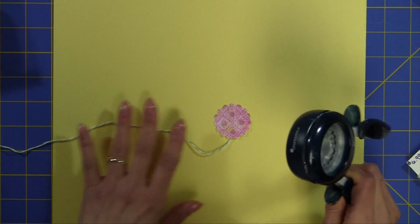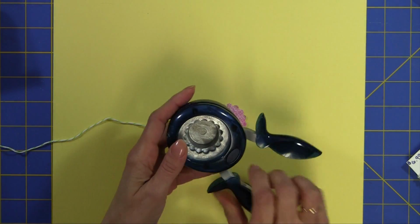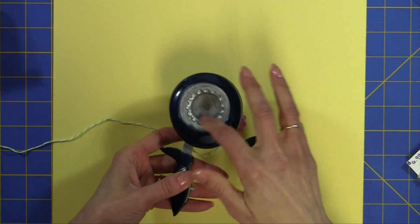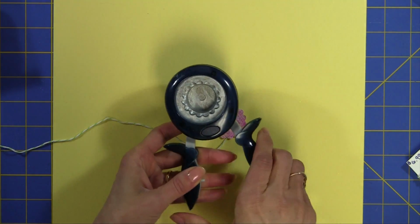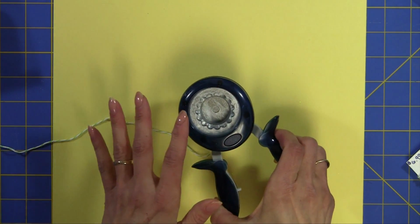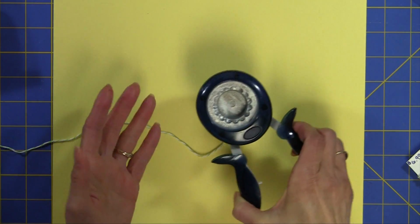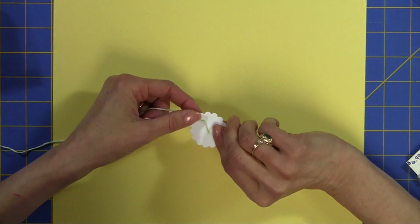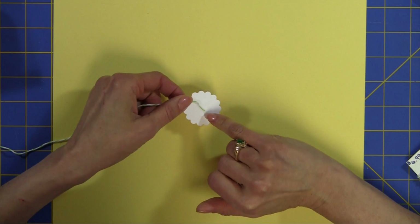For this embellishment that would be great on a scrapbook page or card, I just went ahead and punched paper using my scallop circle punch. You could use a Cricut cut, you could use a cameo cut, any type of punch would work. A round punch you could notch. Now what I did to save time is I just put a piece of tape on the back,